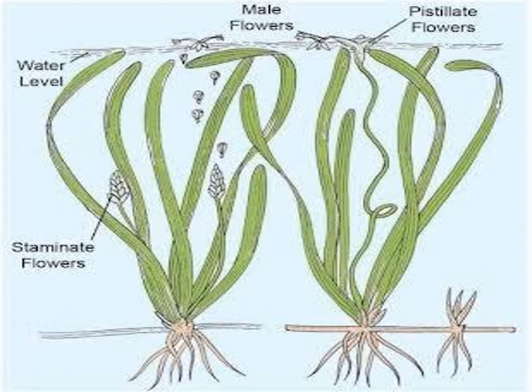So what are the characters of water pollinated flowers? Water pollinated plants are aquatic. So they live only in water. Their flowers tend to be small and inconspicuous with lots of pollen grains and large feathery stigmas to catch the pollen. Many aquatic plants are insect pollinated, with flowers that emerge into the air.